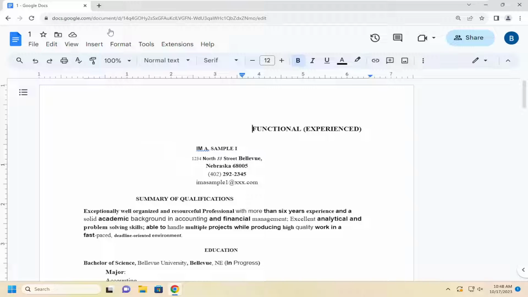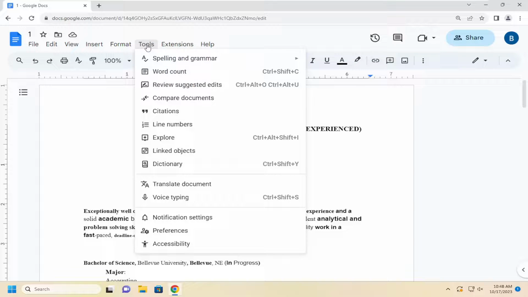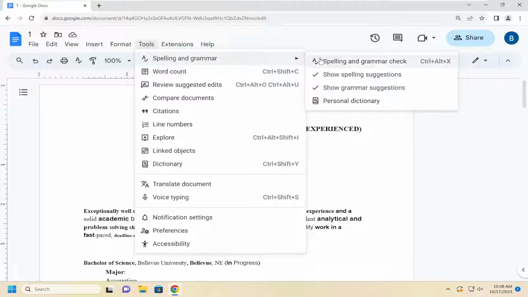So all you have to do is select the Tools tab up at the top and select Spelling and Grammar. If you want to run a spelling and grammar check, go ahead and select that option. Alternatively, you can also select the Control, Alt, and X key combination on your keyboard in order to open that